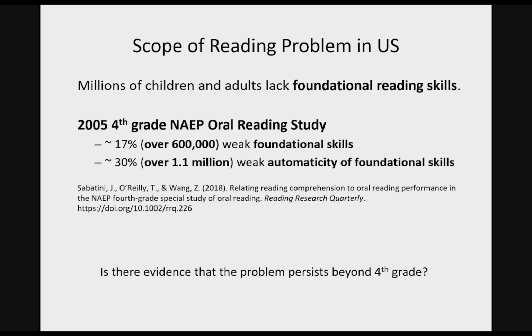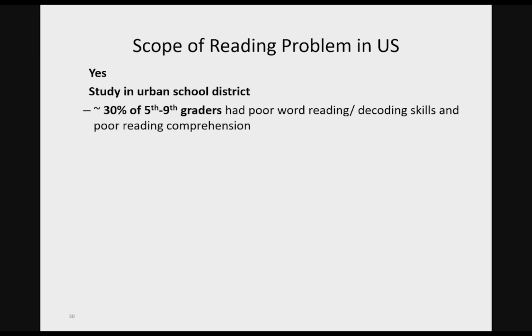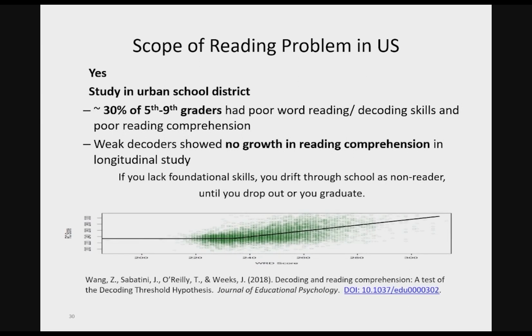Is there evidence this persists beyond fourth grade? Well, yes. We conducted a study in an urban school district, and we found some 30% of 5th to 9th graders had basically poor word reading or decoding skills. They fell behind a threshold on one of those instruments that Yevgen was talking about. And then we followed these readers across a 3-year longitudinal study. No growth in reading comprehension, no growth in their decoding. If you lack foundational skills and you do not intervene, you drift through school as a non-reader until you drop